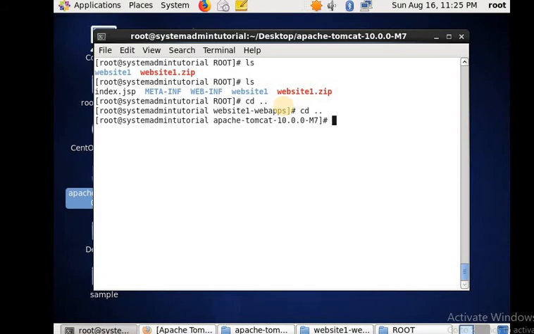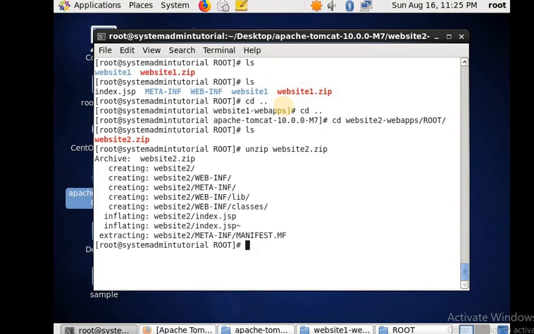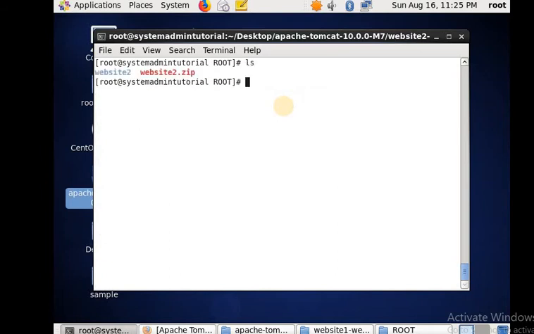We will go there and cd website2 webapps, then ROOT. Here also we have the unzip file, so we will unzip. Okay, here we have unzipped. The same way we'll do in the other directory also.